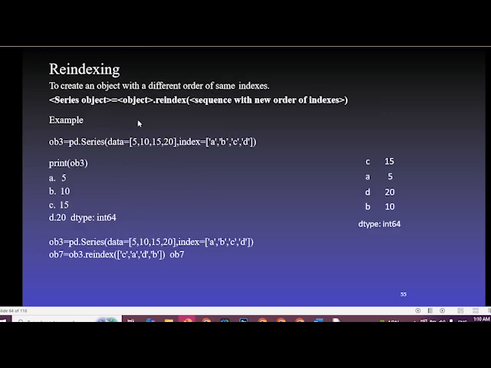Next, reindexing. Reindexing is used to change the order of the index, not the index itself. So how to write it? The name of the series equal to, again, the series object dot reindex. Then we pass the new order. For example, here,